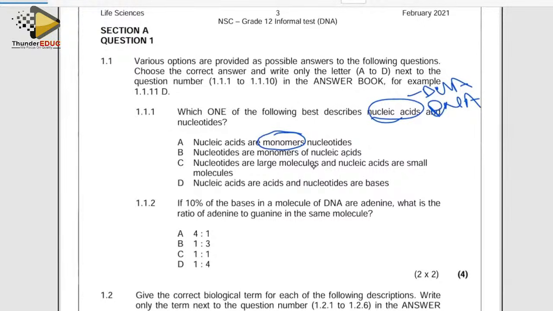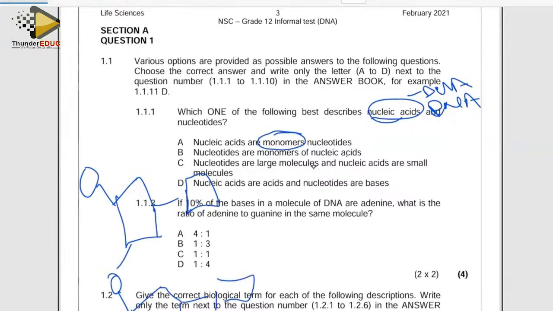They're saying that nucleic acids are monomers of nucleotides. No, nucleic acids are bigger than nucleotides. When you have nucleotides, you form what we call the nucleic acid, DNA. Remember, you have phosphate, sugar, and nitrogenous base. So this is a nucleotide, and when you have many of them,